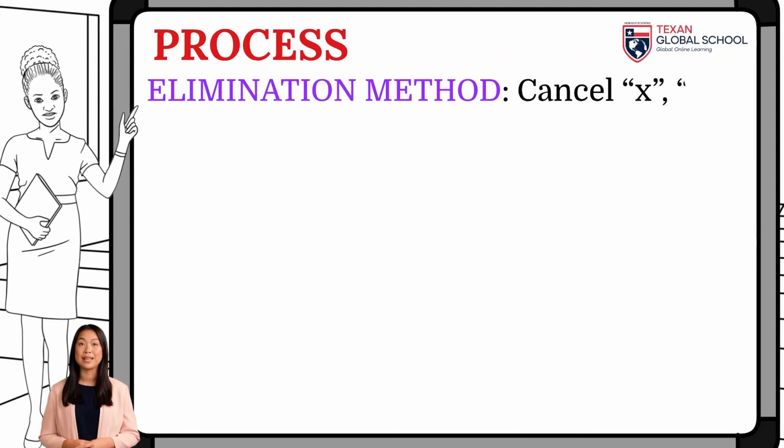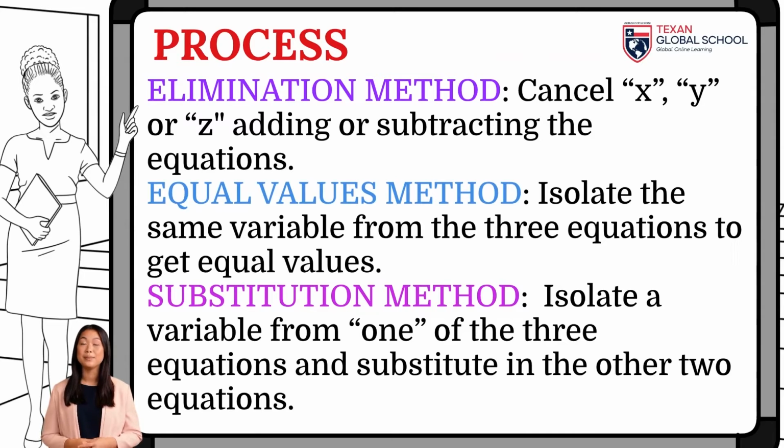By the method of elimination, we must decide whether to eliminate x, y, or z, adding or subtracting the equations. By the equal values method, we must isolate the same variable from the 3 equations and equalize. By the method of substitution, we must isolate a variable from one of the 3 equations and substitute it in